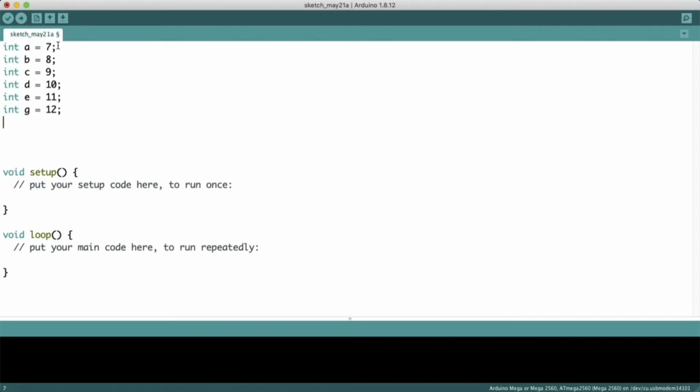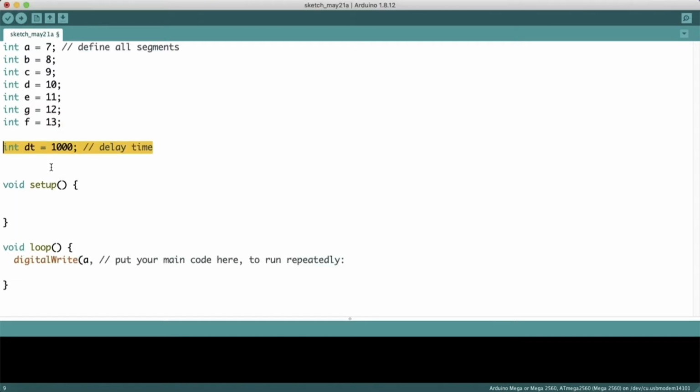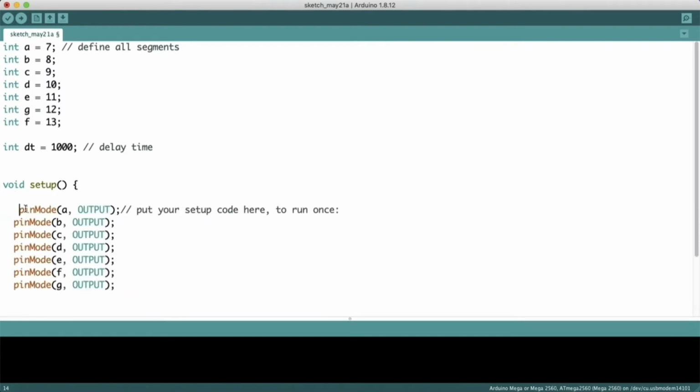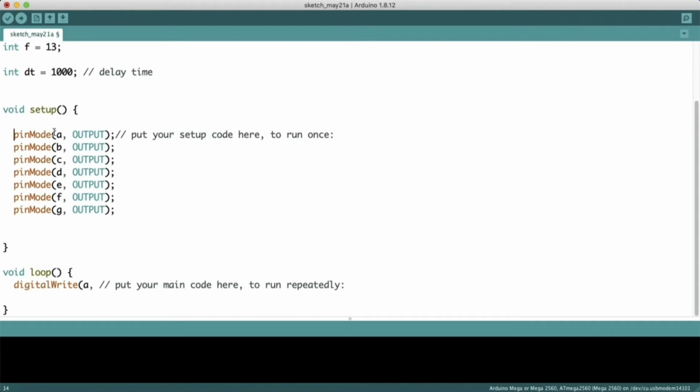Then we have to provide a delay, which we will define as dt, 1 second. Then we have to define all our pins as output in the setup. So we will write pinMode for each of the terminals.